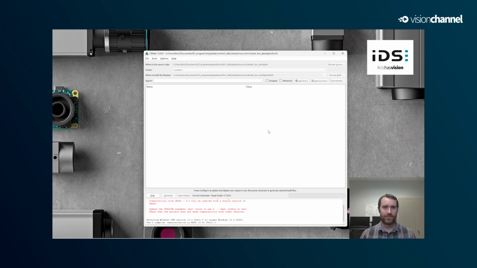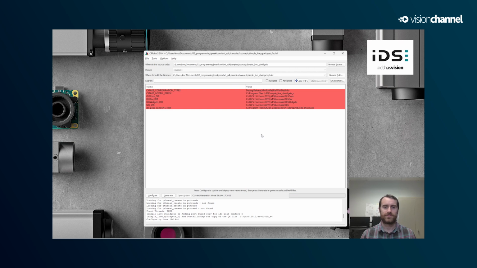CMake will do some work here. And we have a bunch of names in red here, but everything seems to be in order here. For you, you may need to point CMake to the correct Qt5 directory.